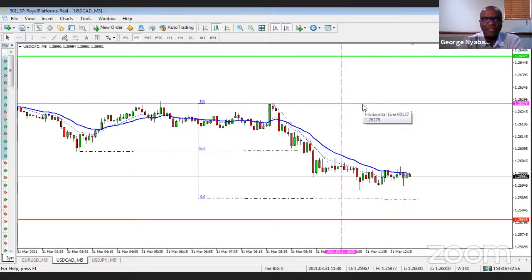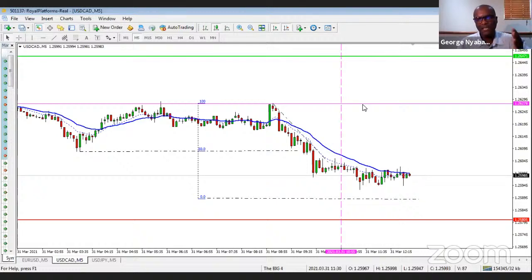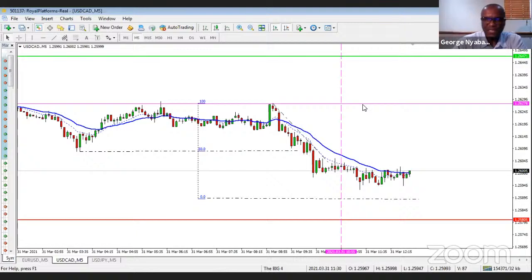I keep an eye on that because I want to see who's controlling the day. As long as price is below the open of the day, the bears are in control of the day. If price is above that, the bulls are in control. If I look on the daily time frame as I come into the day and I just see a succession of dodgy candles, well, the market may continue to create dodgy candles. So if I'm beneath the moving average, then I'm going to wait with an anticipation that if I get a reversal, it may just want to come and test the open and create another doji on the day.